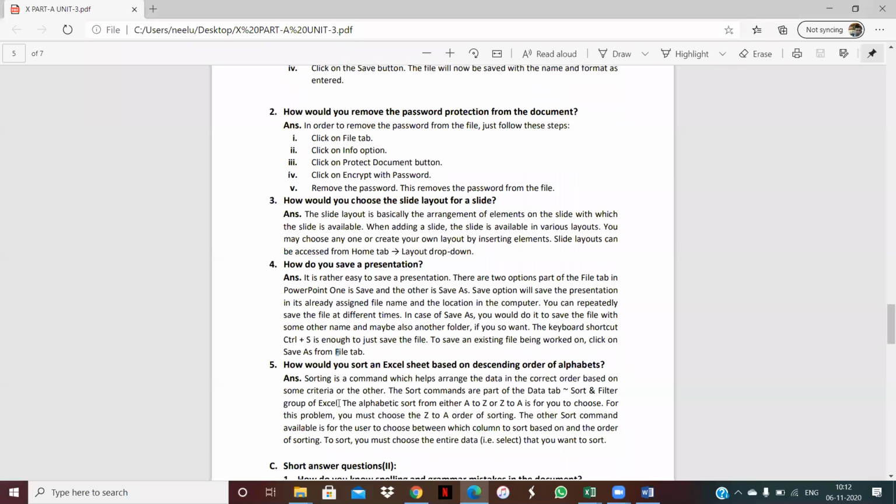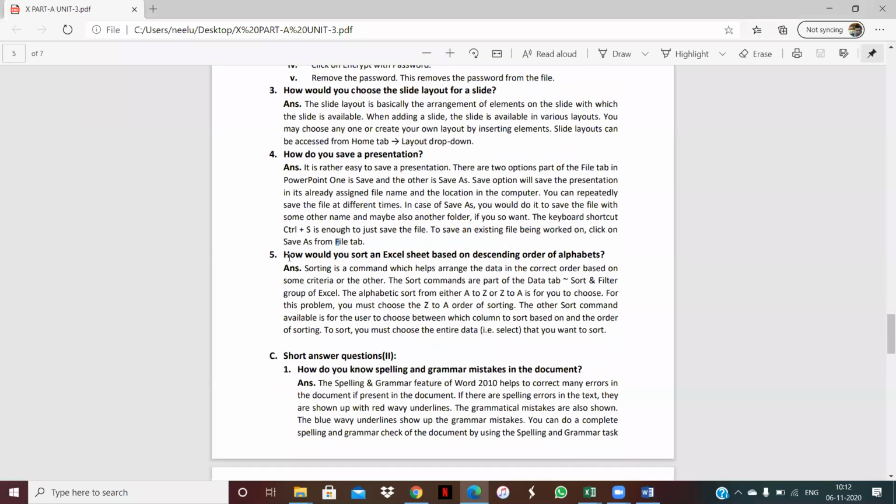Next question is here. How would you sort an Excel sheet based on descending order of alphabets? How can we do sorting in an Excel sheet? First, sorting is a command which helps arrange the data in the correct order based on some criteria.